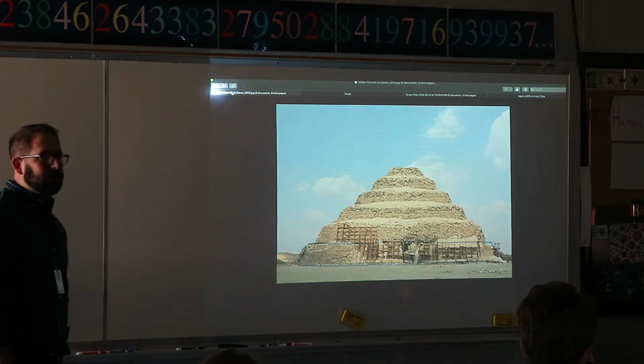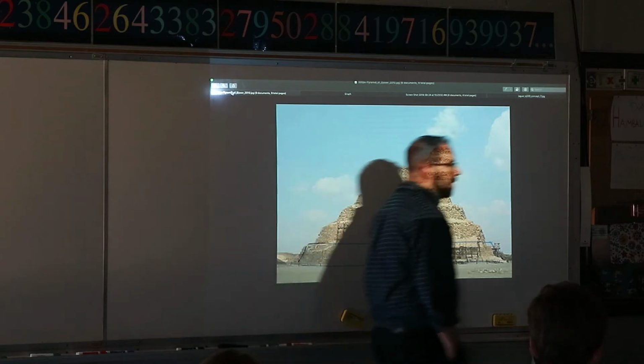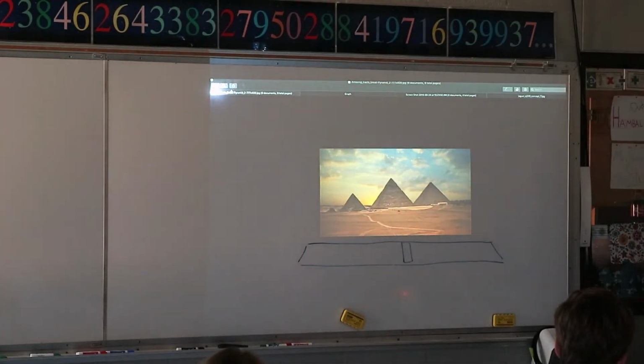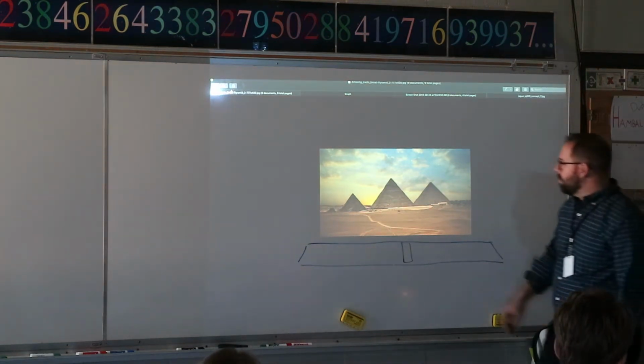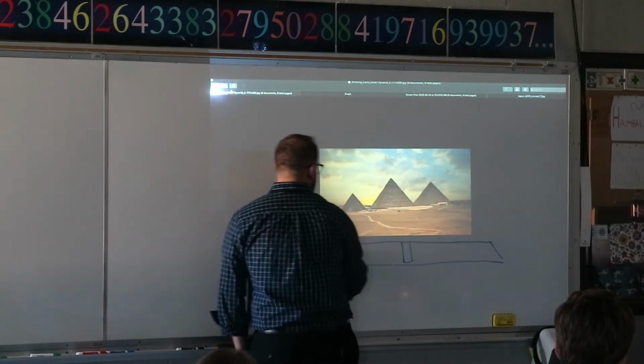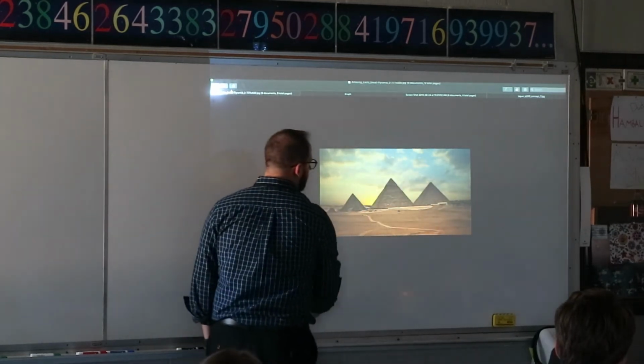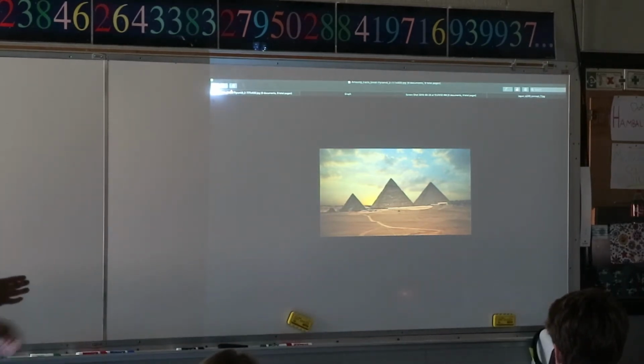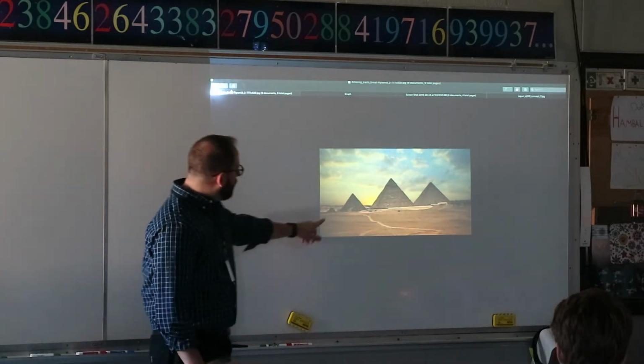Because this is not a very tall pyramid. It's very different than the Great Pyramids of Giza that everyone has this image in their head of, right? These are the ones out of Cairo. The Great Pyramids are not step pyramids. They're actually square pyramids, with perfect square bases, exactly 90-degree corners. The walls are exactly the same length. And these are massive structures, way bigger than the last picture I showed you. In fact, the last picture I showed you would be probably about that tall